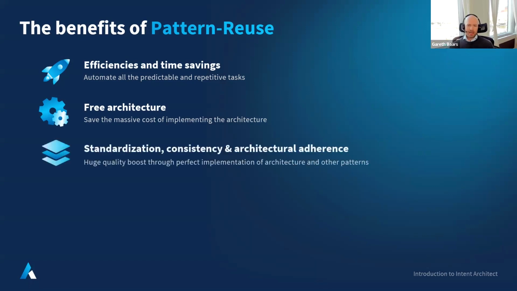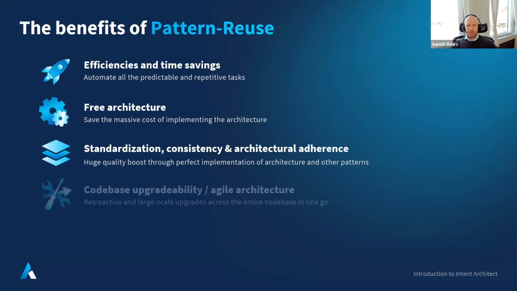And then very importantly, this mechanism of pattern reuse brings in standardization, consistency, and architectural adherence into the code bases by default. This is something that is also maintained through pattern reuse. So it maintains the standardization, consistency and architectural adherence over the lifetime of the project as it evolves with new use cases and shifts around in its design. So this is where we see a huge quality boost to the applications built with this mechanism, as well as a lot of other fringe benefits that we could talk about a little bit later.